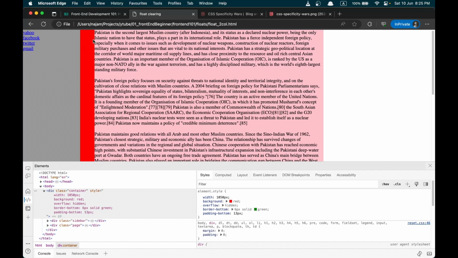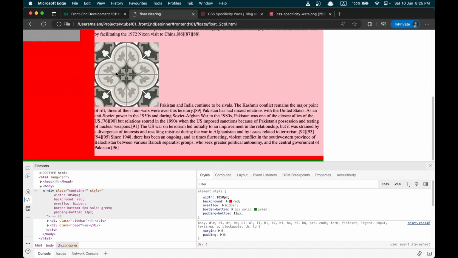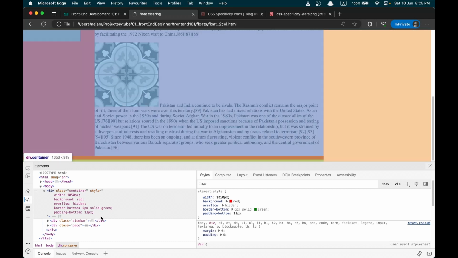Or while you're working with JavaScript, if you are playing with width and height using JavaScript, you will get zero values even though the page is fully showing all of your text and all of your paragraphs. So this is a good idea if you are doing floating. Just reset the floating or clear the floats on the container. This is one way, overflow hidden. Second way,